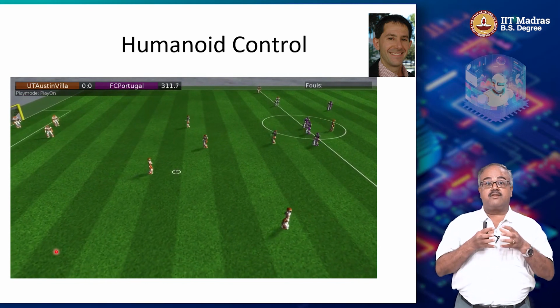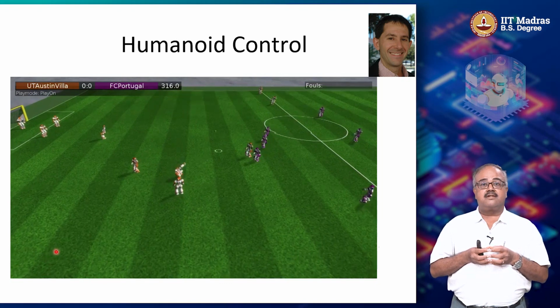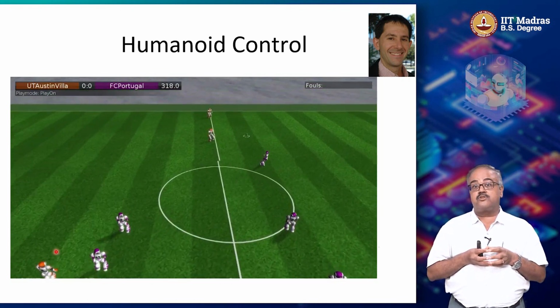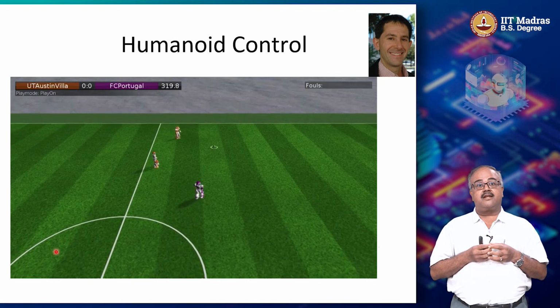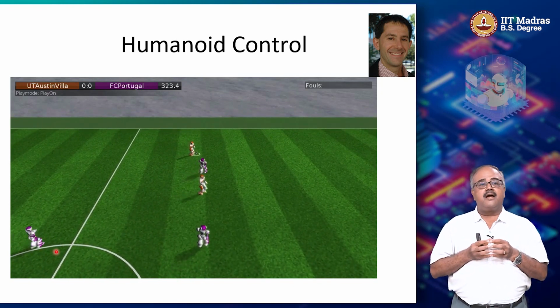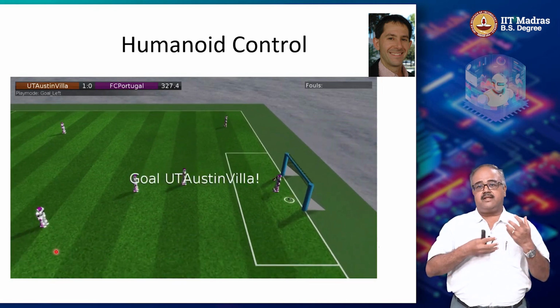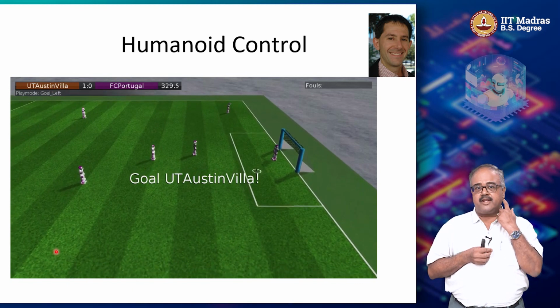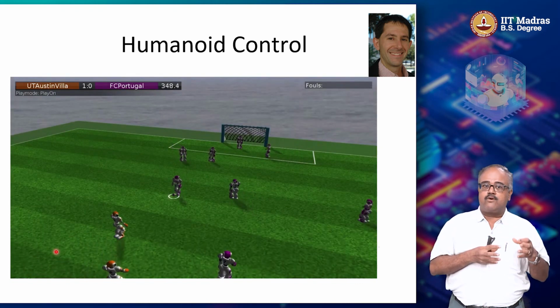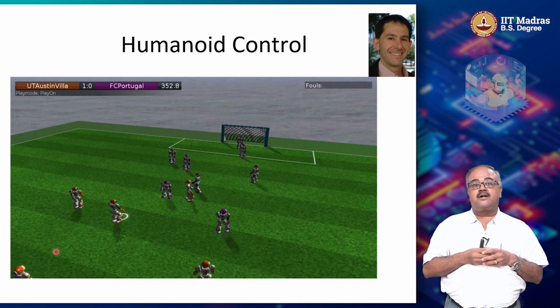But he is also one of the most successful people in a competition called RoboSoccer. RoboSoccer is an annual competition that used to be very popular. Nowadays its popularity has gone down a little. Earlier, everything was in simulation, and then people started to get four-legged robots, wheeled robots, and actual humanoids to tussle it out.